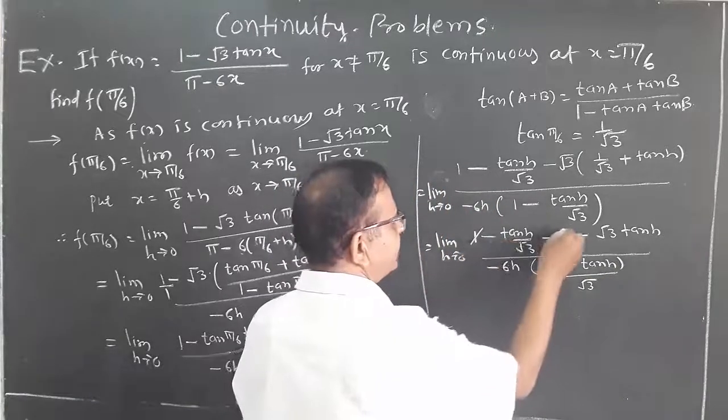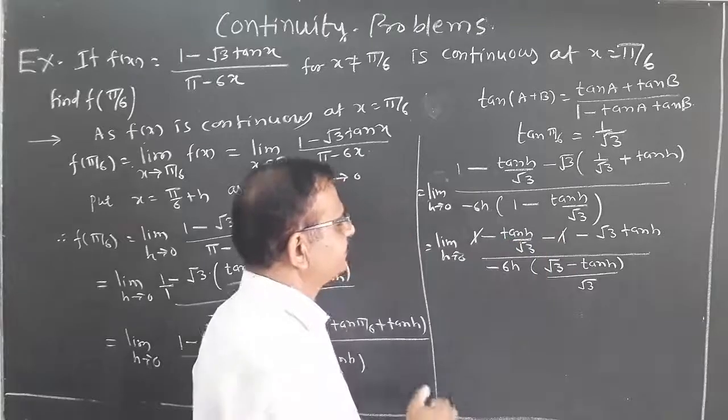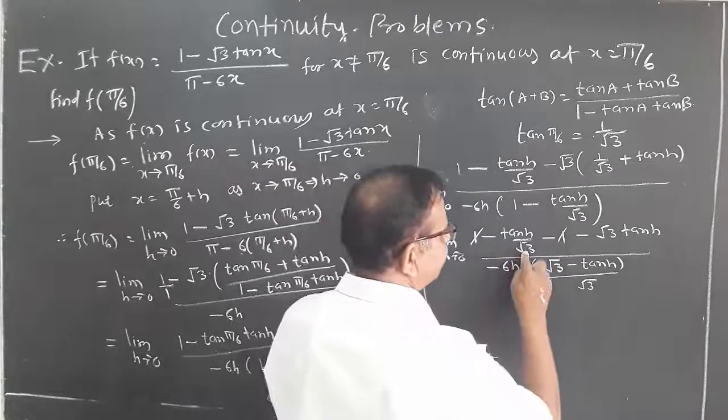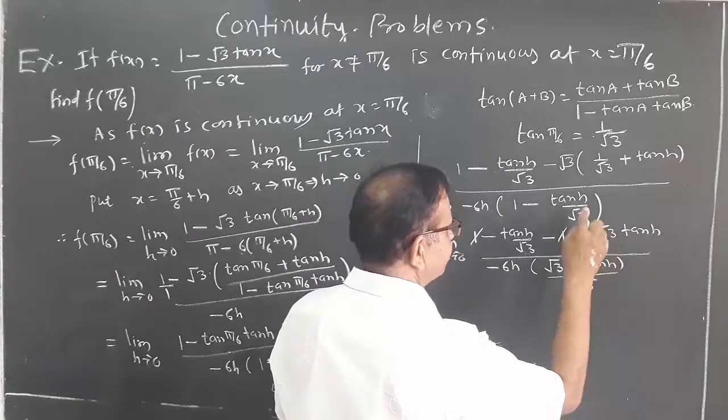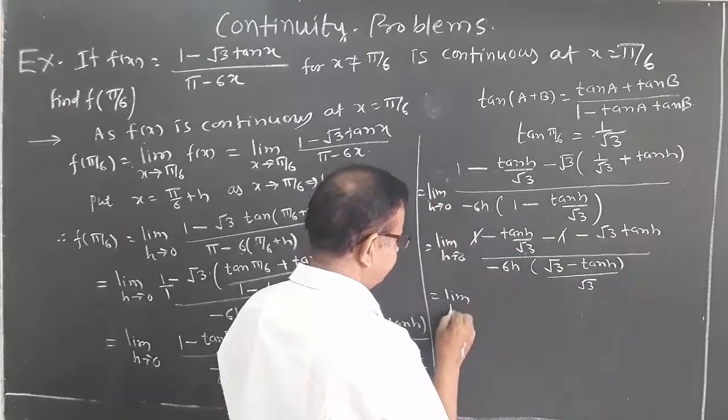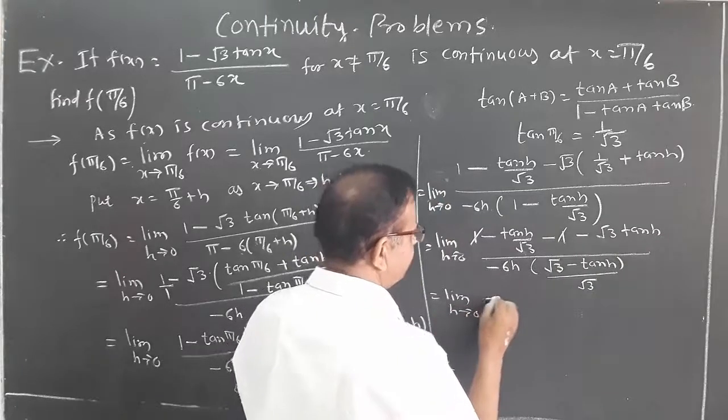This 1 and minus 1 get cancelled, and this root 3 and this root 3 becomes 3, and we can write limit h tends to 0 minus